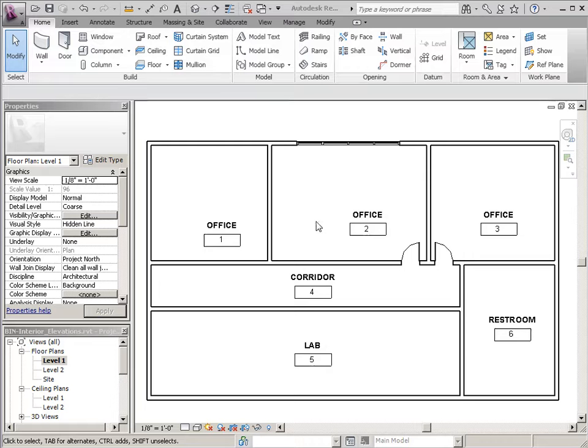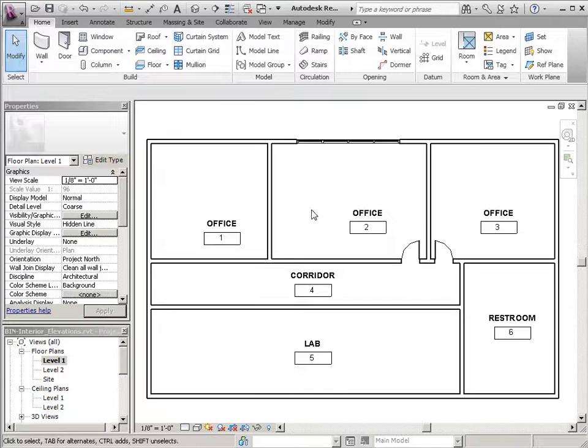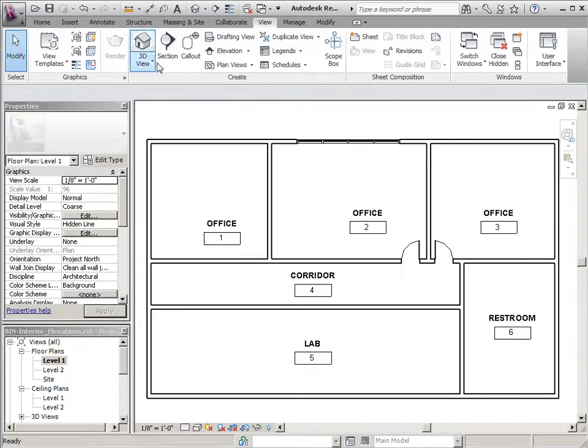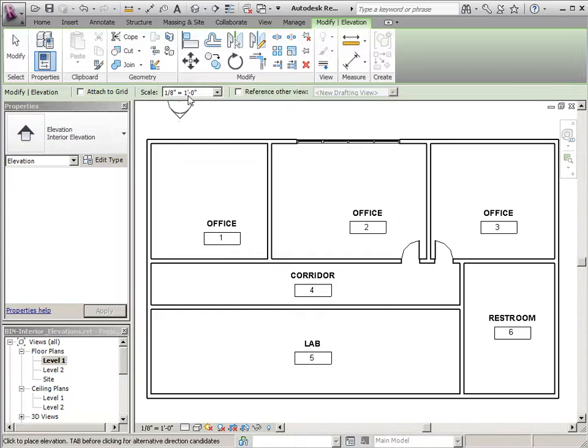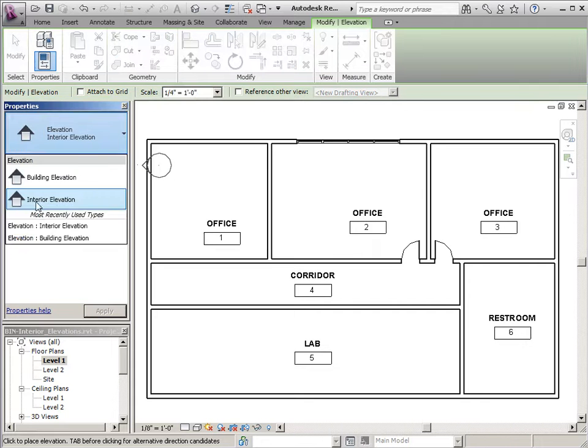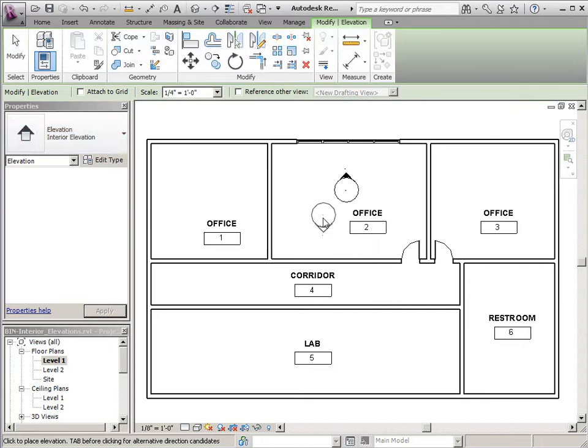Hello everybody. In this small tutorial I want to show you a couple of little graphic problems that we have with Revit and interior elevation. First of all, let me create one elevation and let me show you. Let's set it at a 1/4 inch scale. Make sure this type is an interior, and